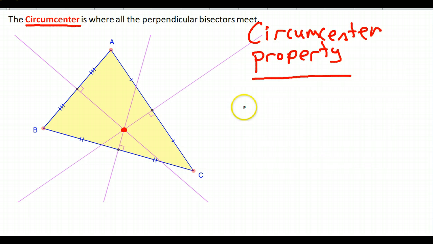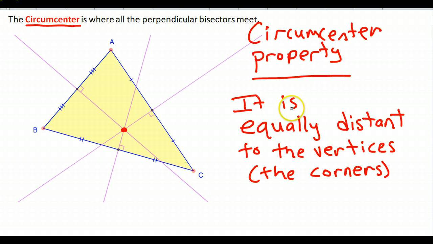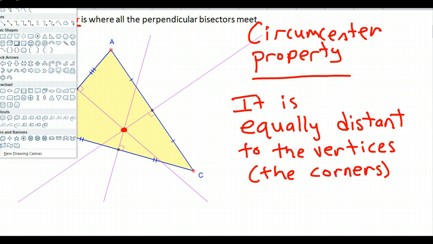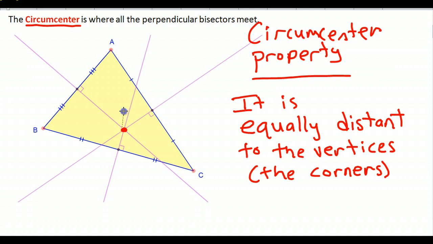The circumcenter is equally distant to the vertices, which are the corners of the triangle. Okay? In other words, watch this. If I were to measure the distance from the circumcenter to vertex A,